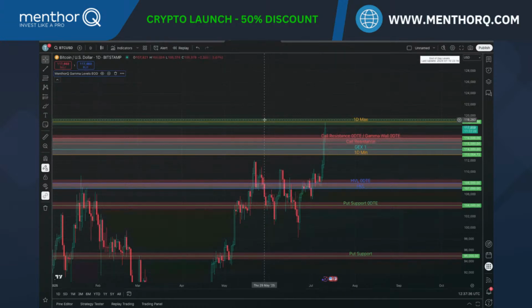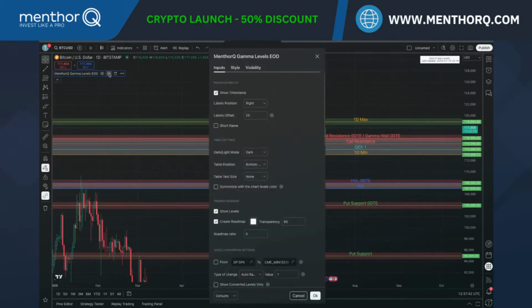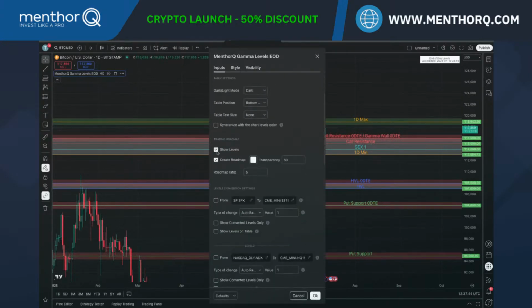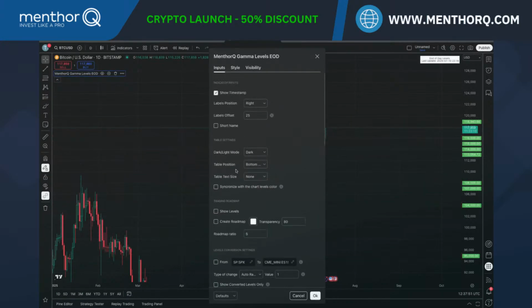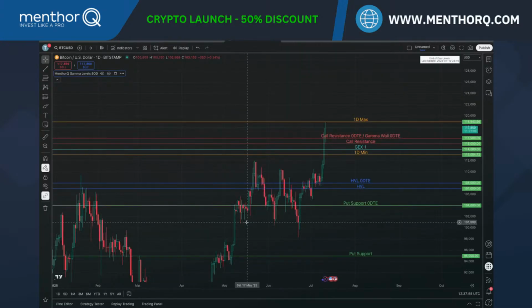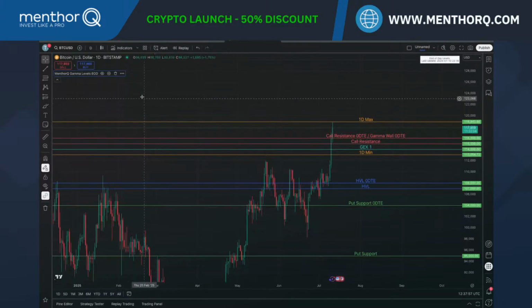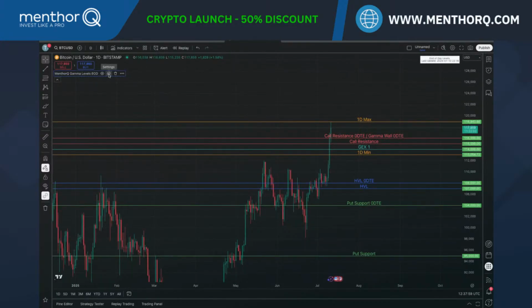The first thing is we see here, the levels do work. Like we had all this hustling here. And let me just show you what I did. I took one of my favorite things. I basically created a roadmap, which is something a lot of people haven't seen that you can do with MenthorQ.